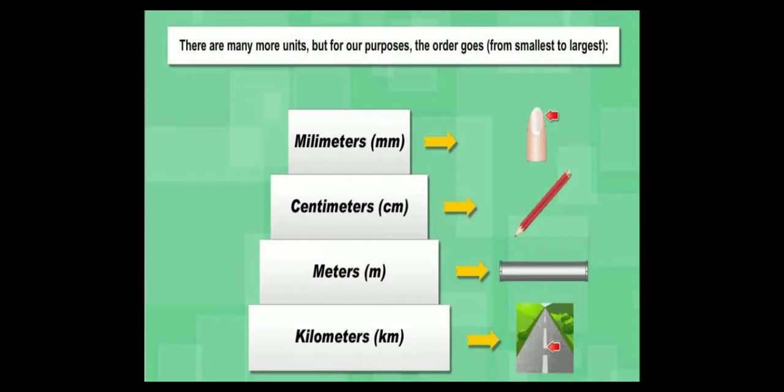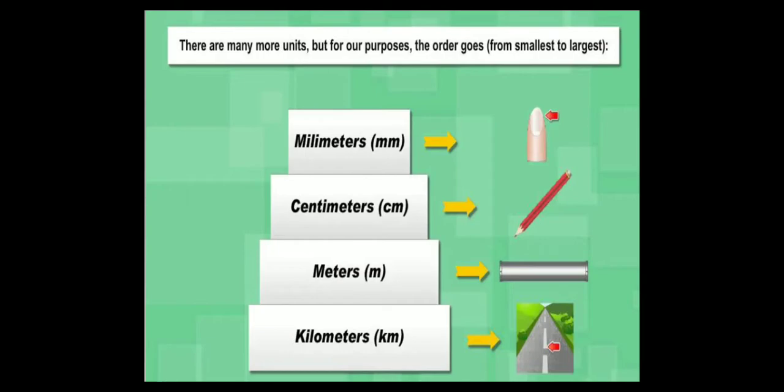Basically we have been introduced to 4 basic units in length: millimeter, centimeter, meter and kilometer. They go in order from smallest to largest. Millimeter is the smallest unit. For example, if you want to measure the length of a nail, we use millimeter. Always remember, for each object the unit differs according to its size. So if you're going to measure tiny objects, we use millimeter.